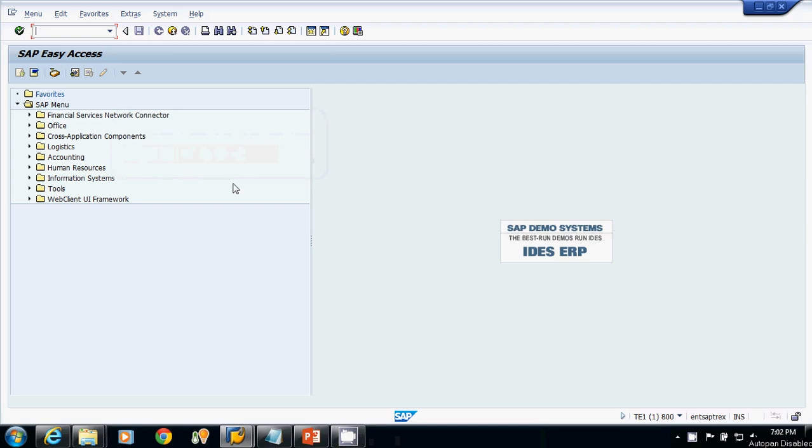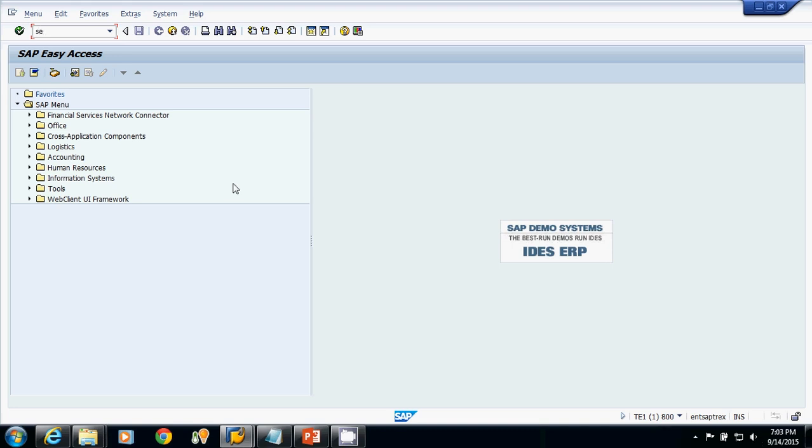Hello everyone. In this lecture we will study about the primary foreign key relationship. We will study about the check table. We will study about the value table. Now, so far what we have done, we have created one table. We have maintained the data into one table. Now what we will do, on the basis of one table, we will maintain the data into the second table. So how we can achieve this? With the help of primary foreign key relationship. It means primary key of one table acts as a reference in the second table.